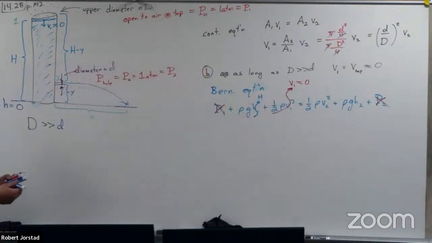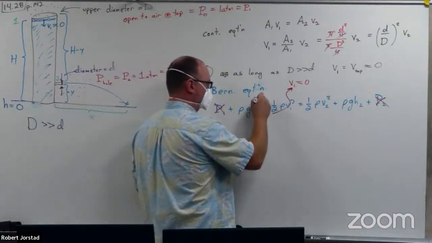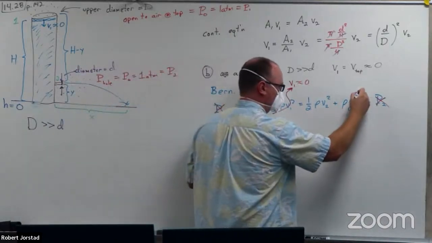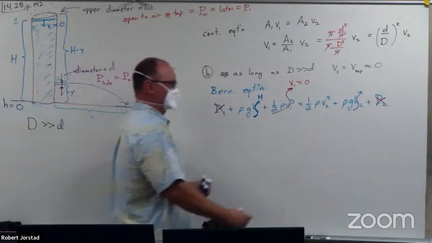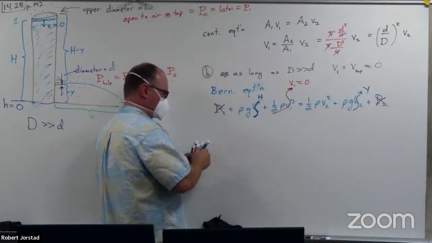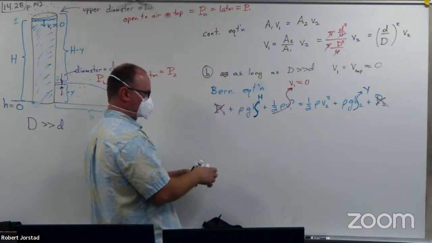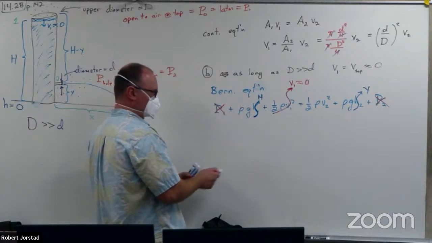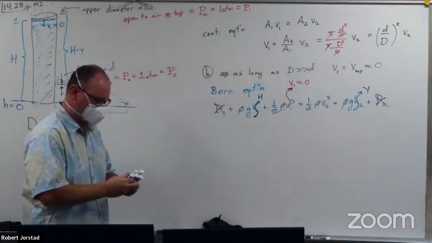Height 2 is... no, it's the whole. Oh, it's y. You rearrange this, g, we get v squared. Well, what term drops out? What's in every term at this point? Density. Density drops out. We get